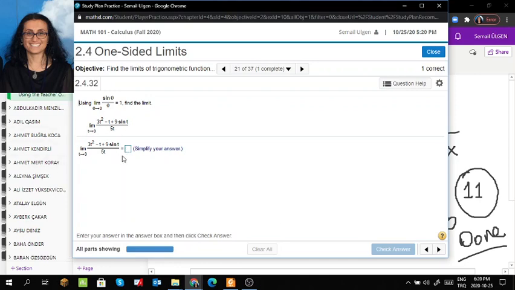Okay, this one, how would you do? Okay, this is 3t squared minus t plus 9 sine t. First thing you are going to try, put the t equals to 0 here. 0, 0, 0 over 0. So this is 0 over 0, it's not good. So let's go to